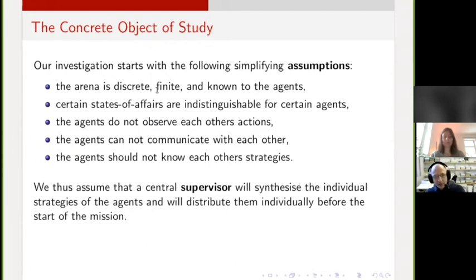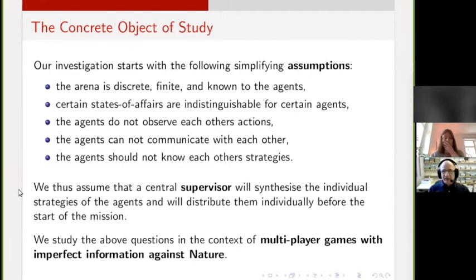And so now, if we didn't have this last constraint about the strategies, about agents not knowing each other's strategies, then we wouldn't need a central supervisor. Then the agents can meet prior to the mission and decide together who should have what strategy, and then go out in the field and follow the strategies. But now, after agreeing on all these constraints, concretely the mathematical object on which we will study